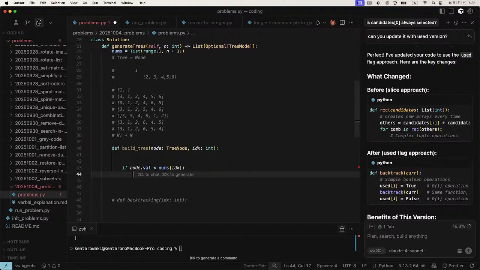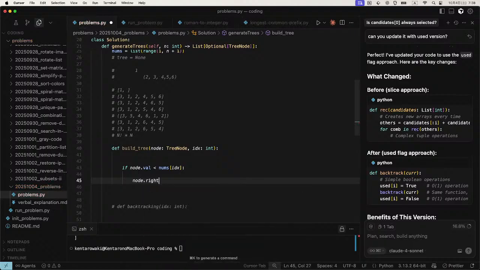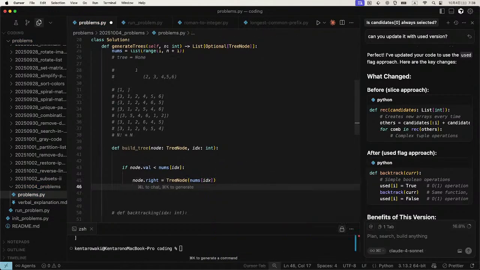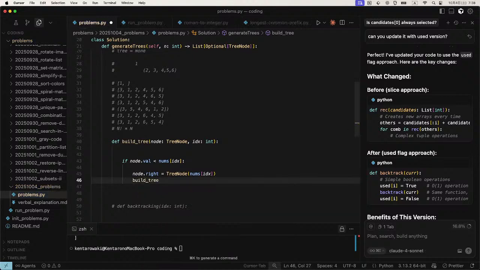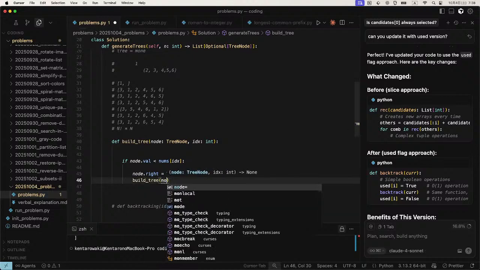Yes, it should be right side. So node right is tree node nums idx and call this function, and